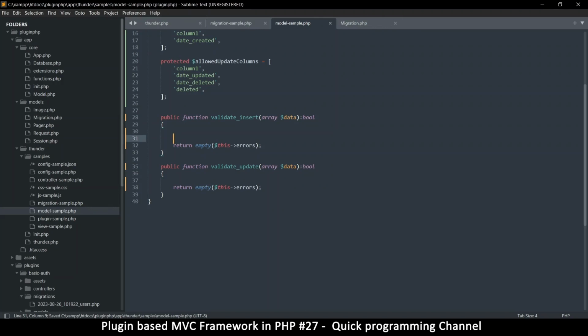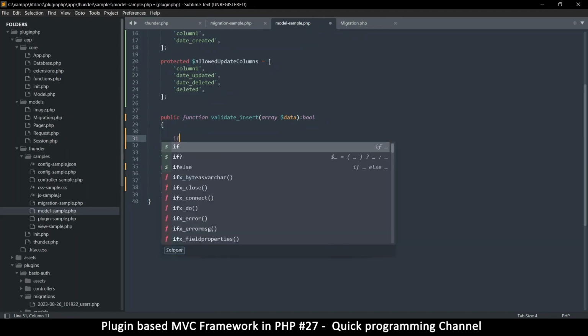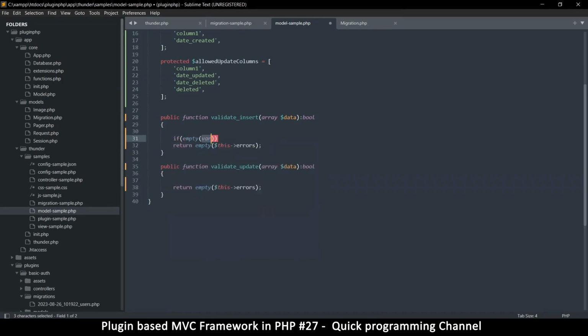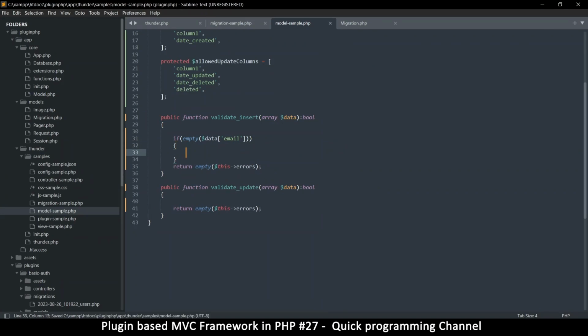And then what we're going to do is do some checks to see if empty, something like data, and this is an array because it's post data. So we're going to say if empty email. Email is a very common check to see. So if empty email,